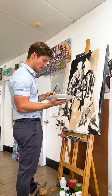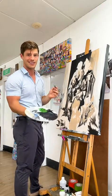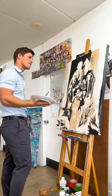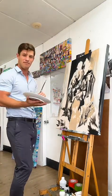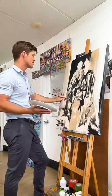Now, I know I said a bunch of rules about colour, but I cheated. I've got a little bit of green here, so I'm going to add a little bit of green, see where that takes us. So it's a darker green. I've mixed it in with a little bit of black, and so what we're going to do is use this in all those areas that have like a